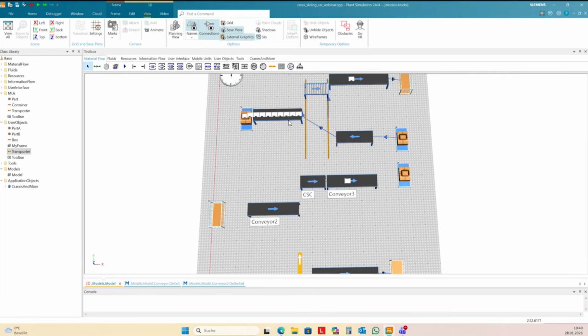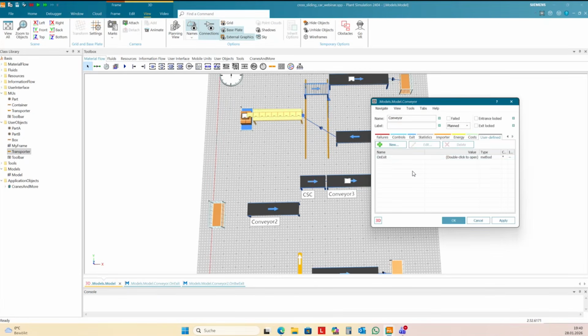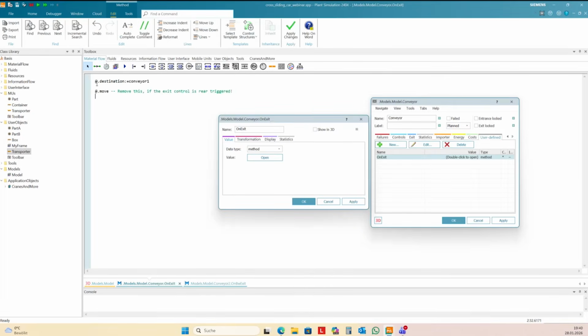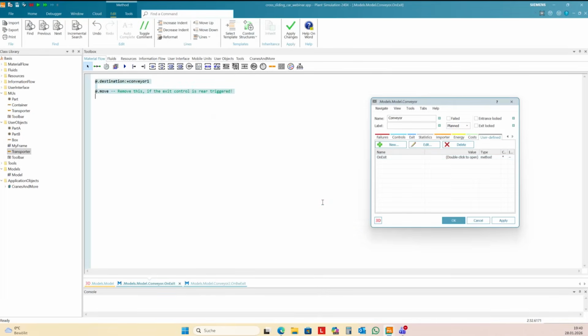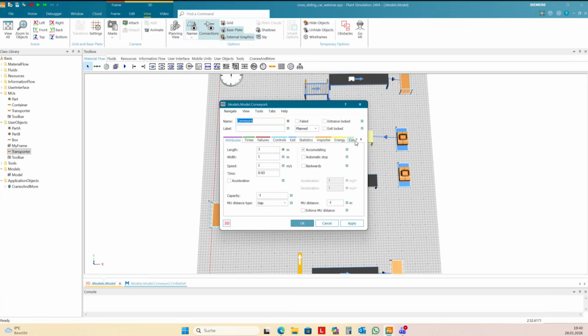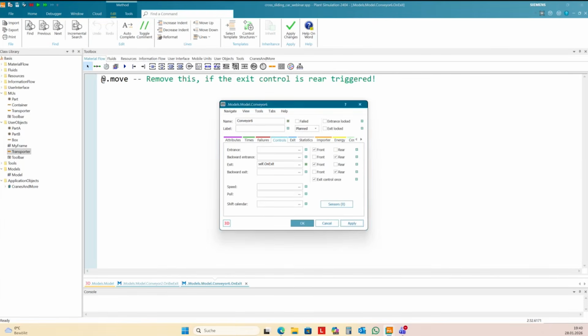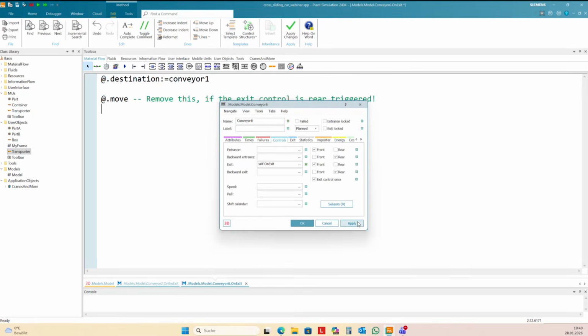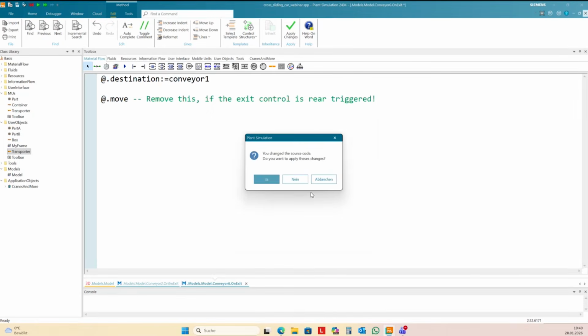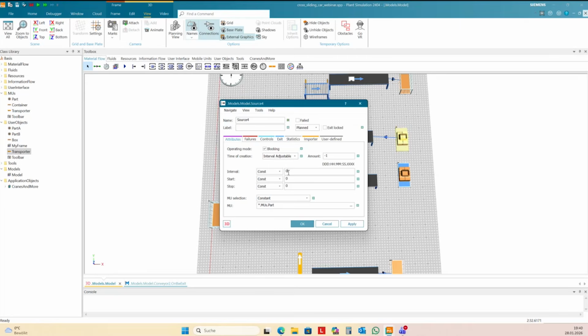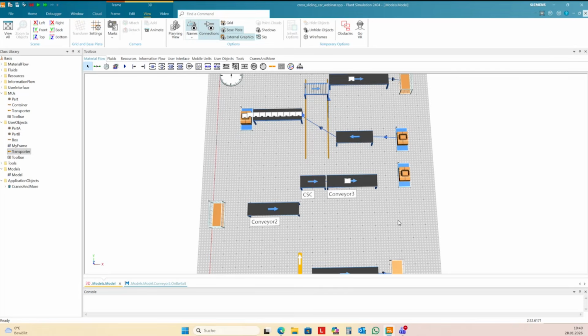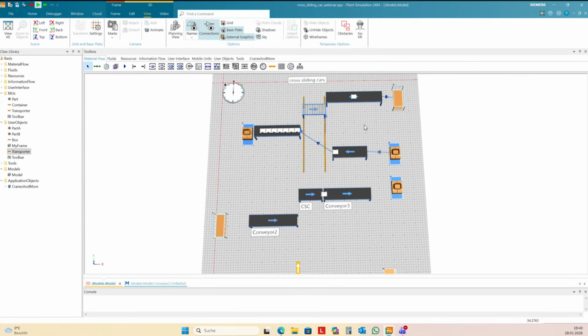And we need to exit control the same as here. So it works.